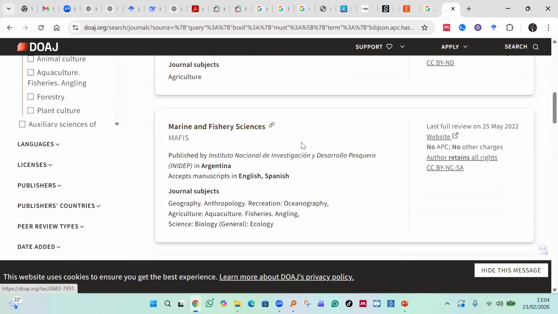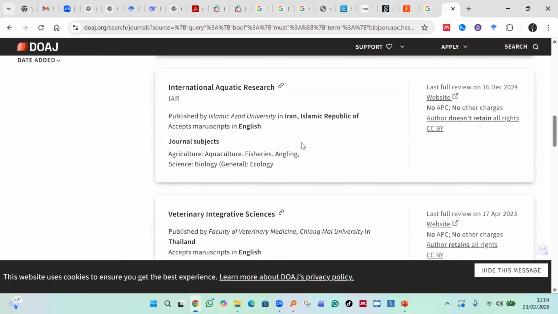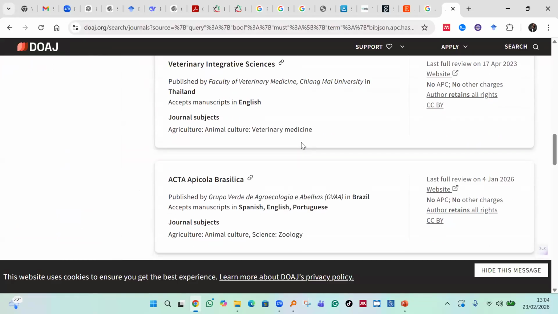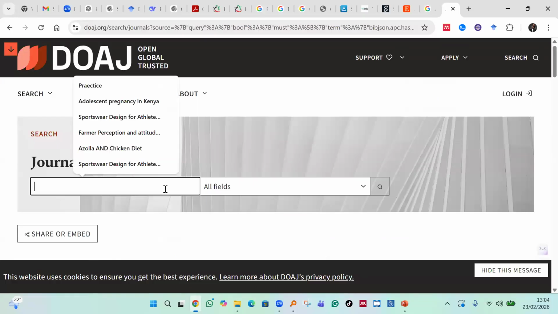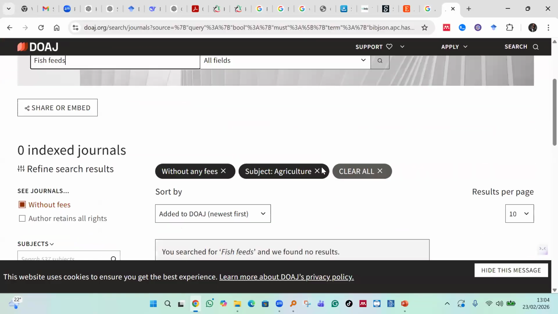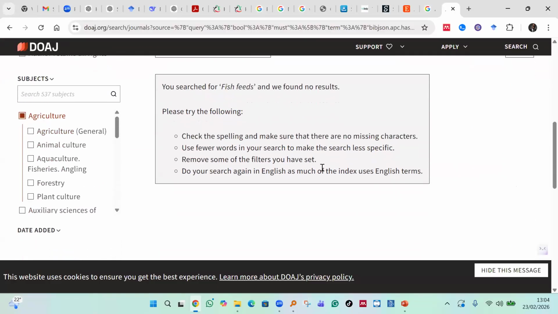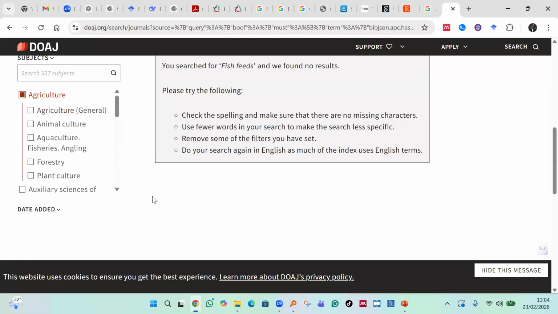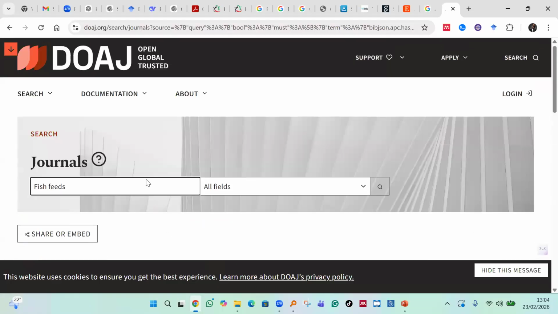This one is marine and fisheries, because fisheries is still under agriculture, aquatic research, veterinary, all this. Then you can put in keywords, and it will look for journals that can publish a paper in areas like fish feeds, aquaculture and all that. So you can always come to DOAJ and check out what is there.